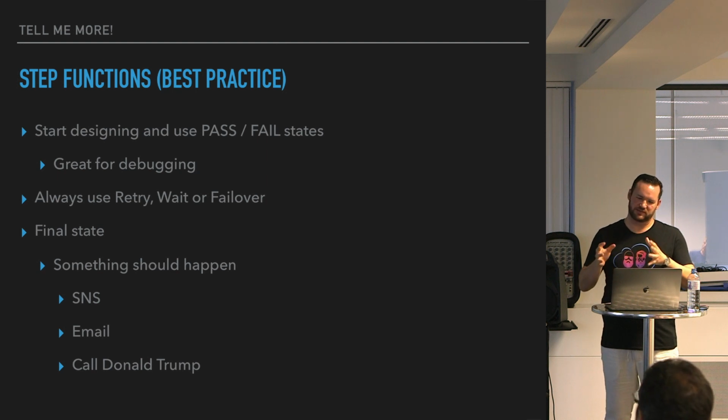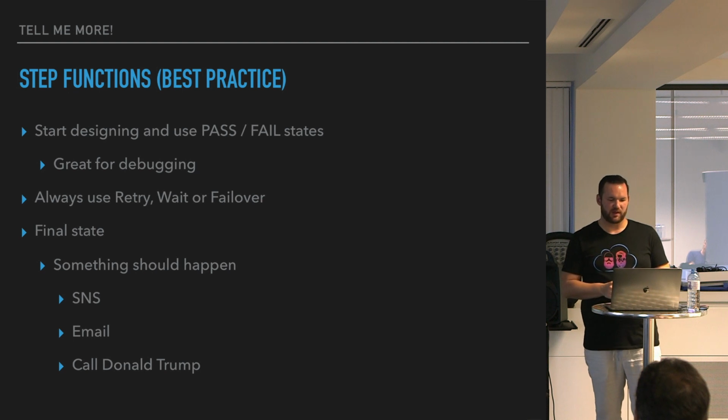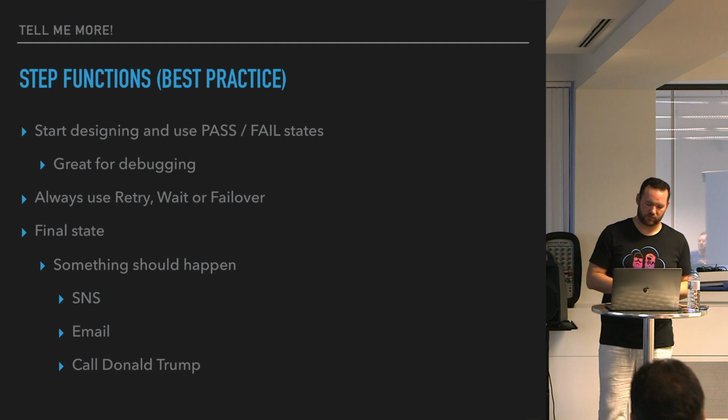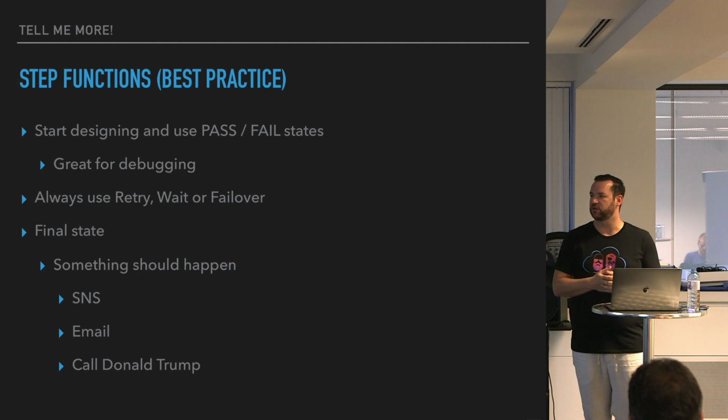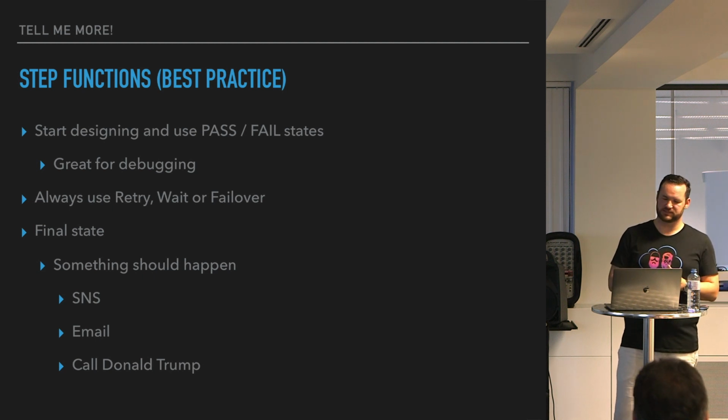And just if you did this step, start to connect microservices behind those flows and connect your Lambda function. Always use retry, wait, and failover. So many people also define flow but don't make use of waits or failover. So you can of course trust that your Lambda function runs in a timeout, but what happens after a timeout? So if you don't define some workaround in your flow diagram, you might have a situation that you didn't test.